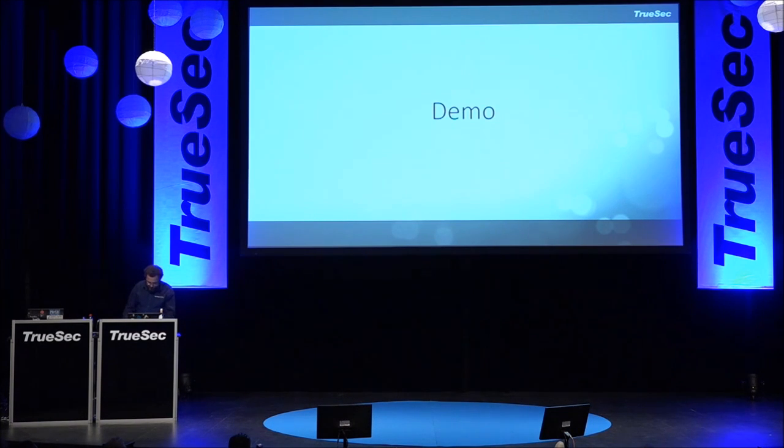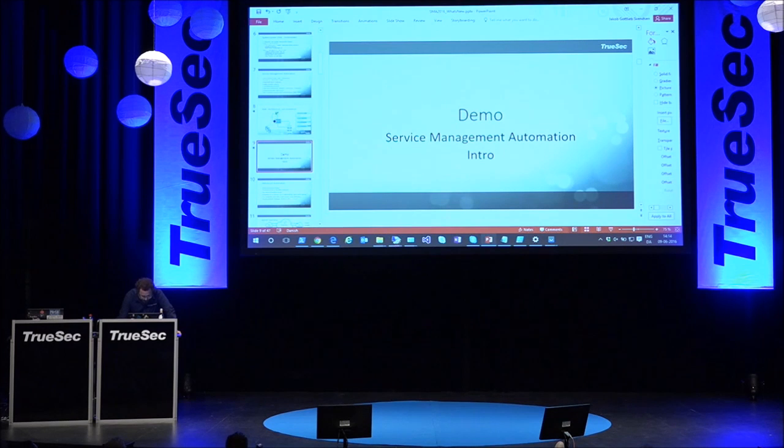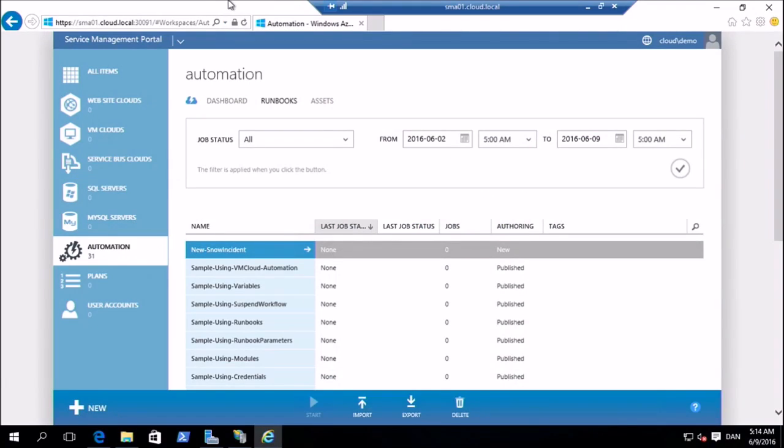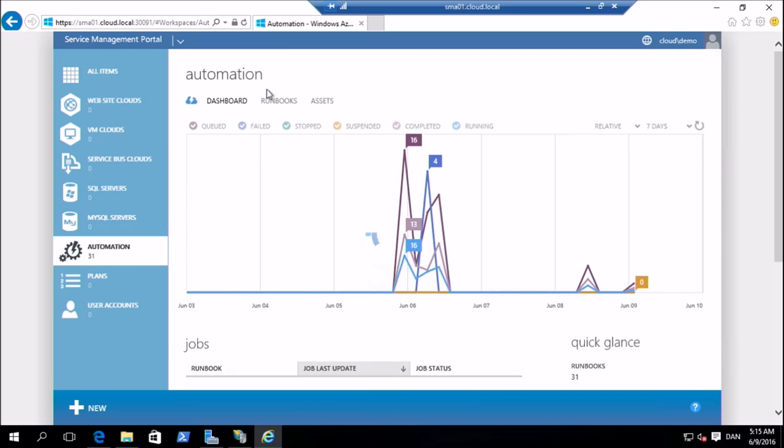But let me show it to you first. So this is my installation, and I'll get back to how you install it later, just so you don't get frightened about this Windows Azure Pack thing. When I open this portal, which is the Windows Azure Pack client portal, you'll see that there is this automation part here. This is where I have connected my SMA. Here I can see all my jobs that have been running. You can see a nice